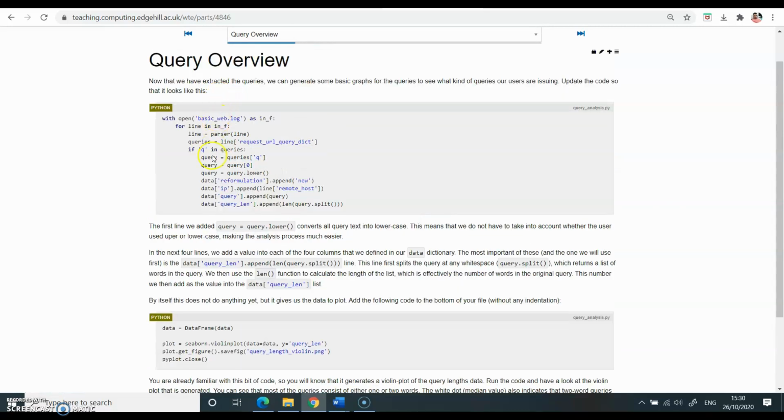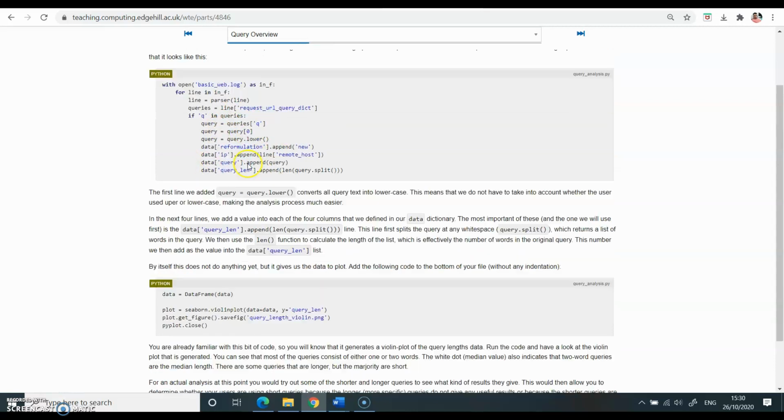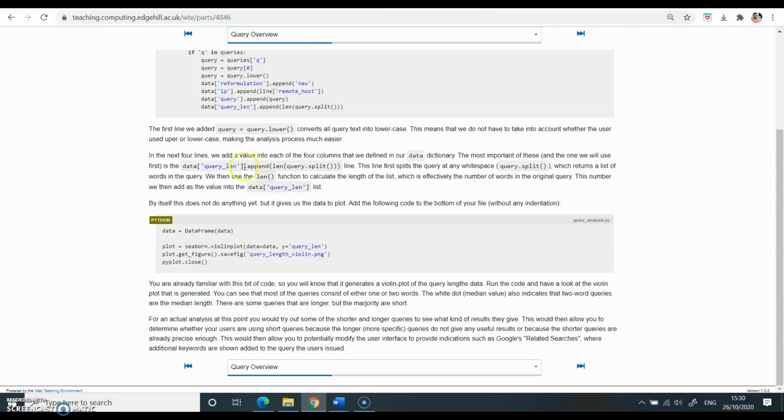Now we want to create a plot for the query data. In week number 2 and 3, I already explained about data frame. If you want to plot the data, you need to first structure the data using the data frame. So here you can see data frame is written to structure the data which is given as a parameter in this data frame,